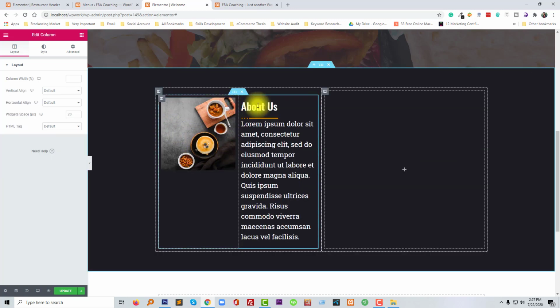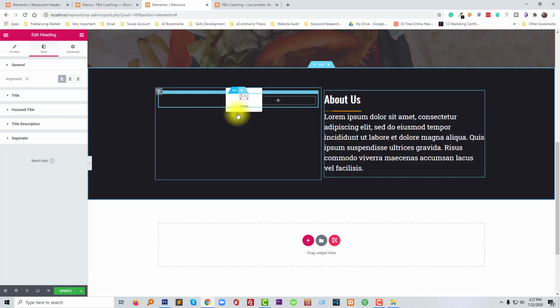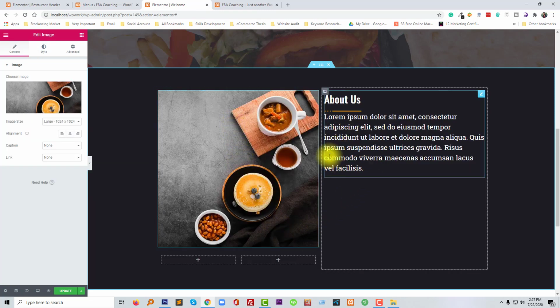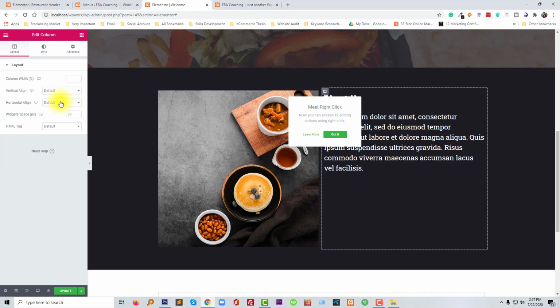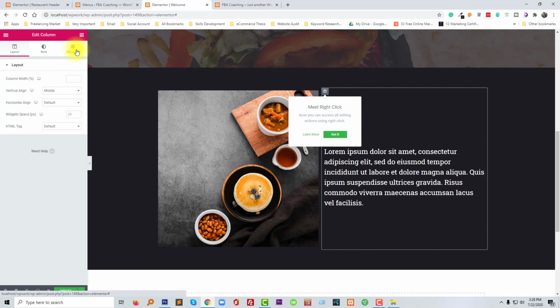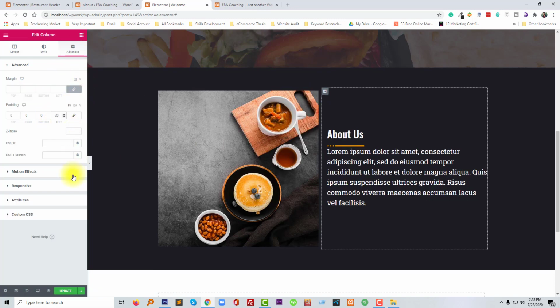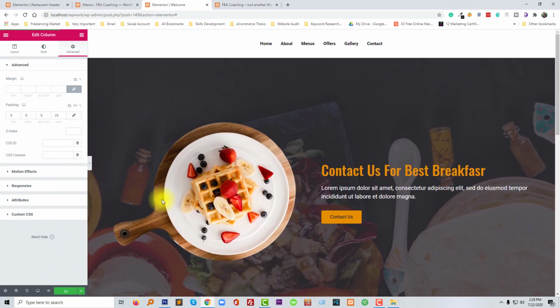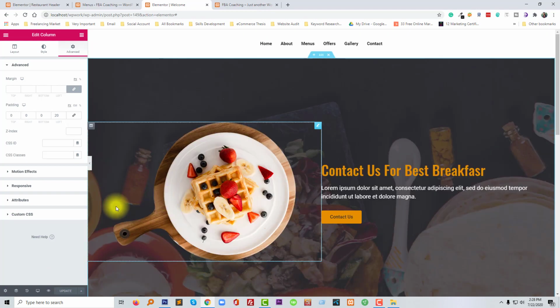Add new section, image, padding left. Perfect. So we have designed this part very professionally,